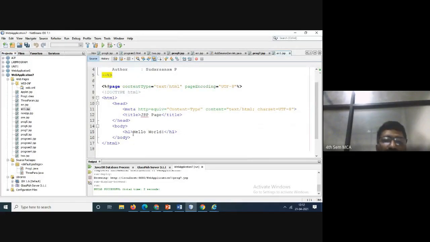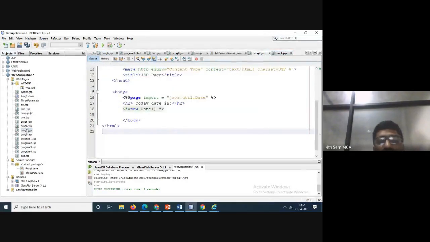So here, I'll write just divide by 0. Okay, so divide by 0. Now we'll go for the program. Where is the error message?